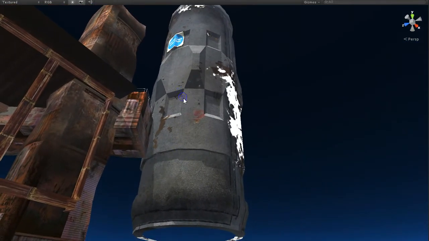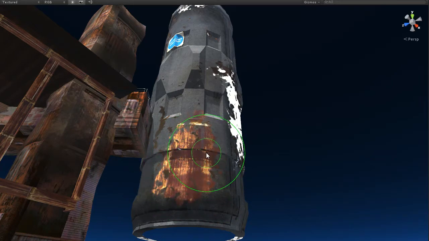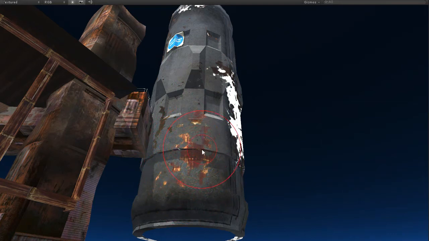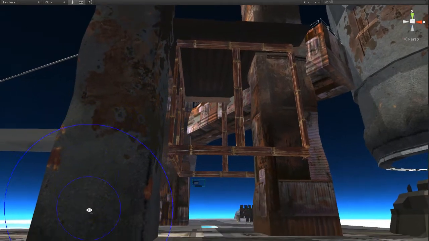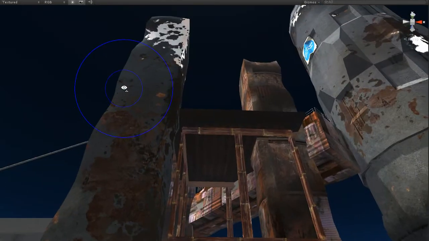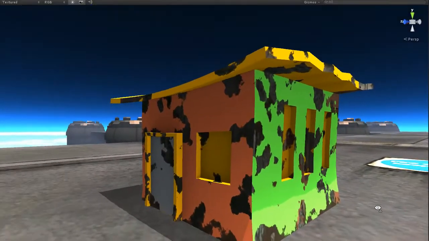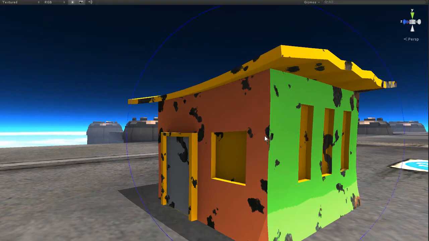So if I look at this one over here and actually paint, oops, wrong color. You can paint various things over the top of it, and the idea is that you can have tiling textures and create the variation using the vertex color or the manipulations of the actual mask itself. So I can paint the mask out or paint it back in. And the same thing happens over here if I want some more rust on the surface. So you can see that the shader itself should be relatively good. The setup here is not quite right yet, but it should allow us to